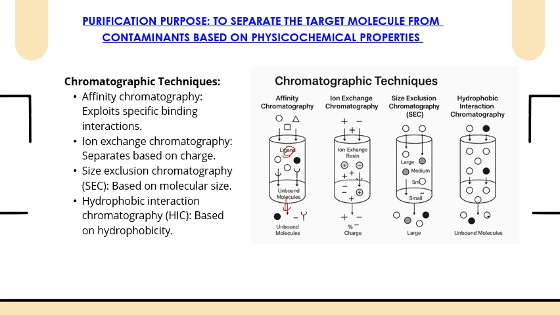In this case, the stationary phase will contain the ligands that are designed to bind selectively to the target molecules. So the unwanted molecules will be leaving the column. Only the product of interest will be retained, while all the other impurities will be washed away using the